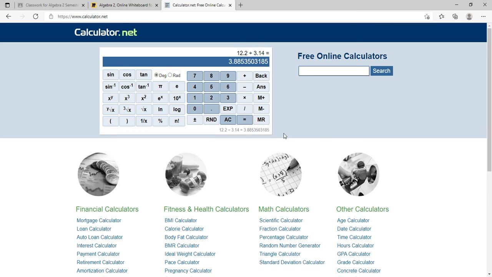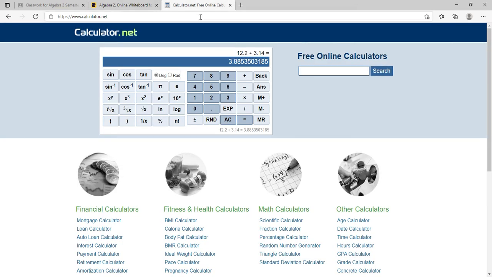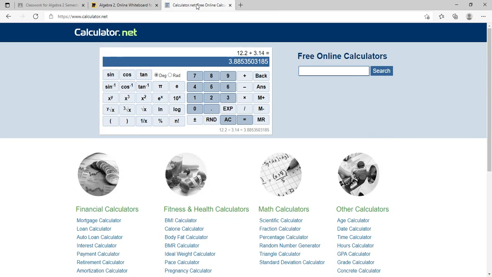Okay, so we're getting 3.888 blah blah blah, and then we need to find the square root of that. So 3.885 equals r squared, right? So now we need the square root of that. So if we just square root it,